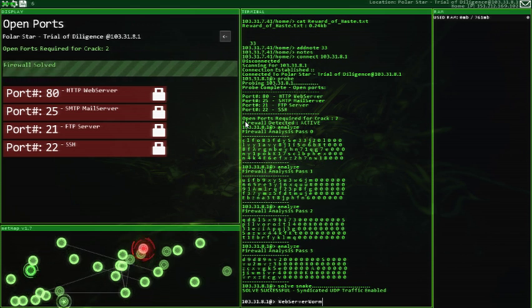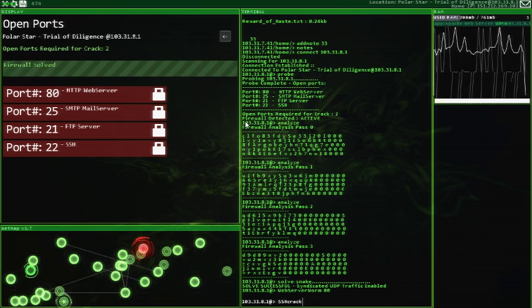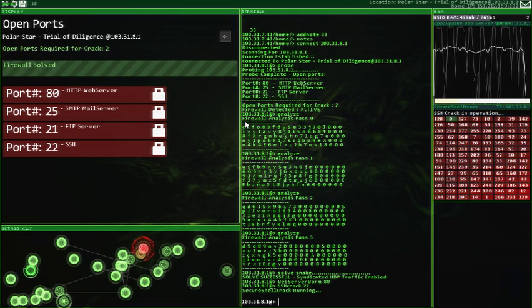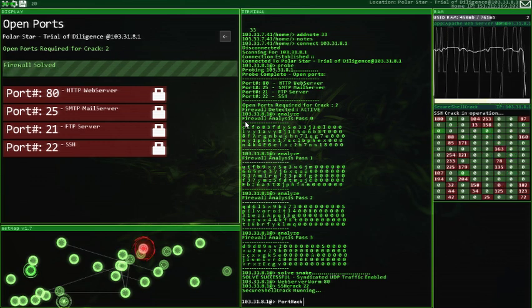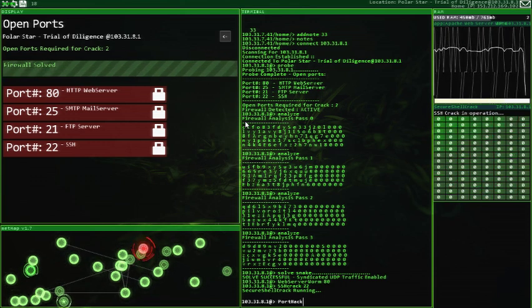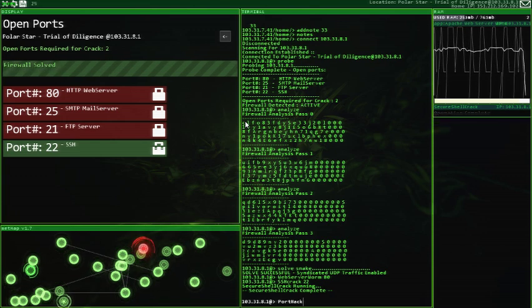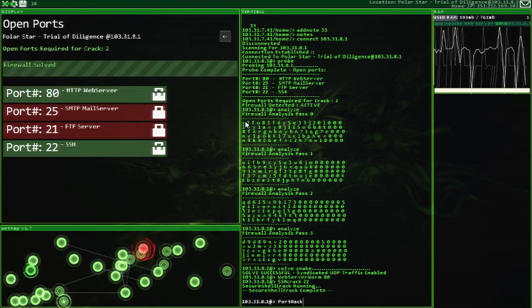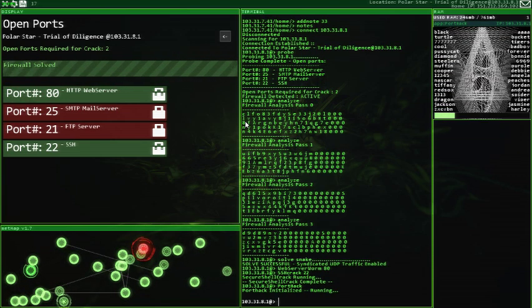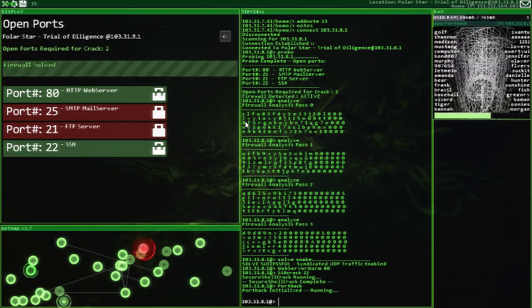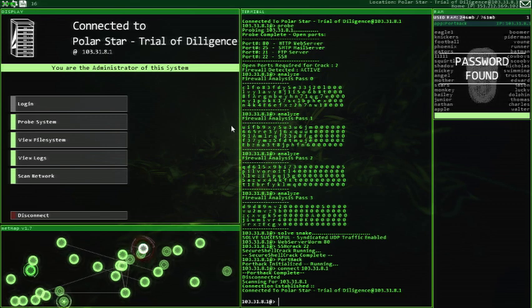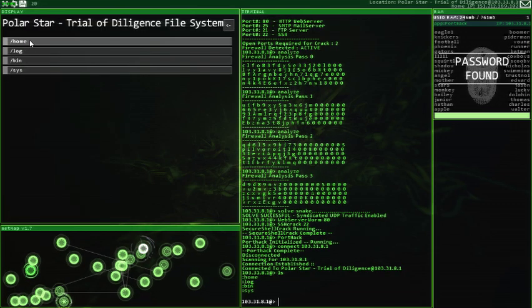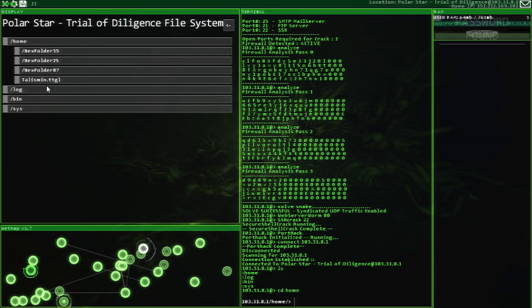So now we can do web server worm 80, SSH crack 22, Portac. This one was pretty easy. Just needed to solve a firewall. And then let's find the